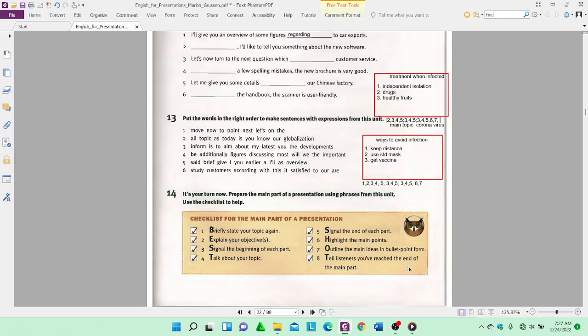Misalnya ya. Semacam closing lah, ya. So that's all for treatment when my presentation misalnya ya, tentang main partnya sudah selesai, tinggal closing lagi seperti itu. Bisa kita bilang I think I have covered all about treatment when infected, atau kalau ini ada judul besarnya lagi bisa juga I have covered all about phenomena of COVID, atau ini ya, coronavirus, karena topik besar coronavirus. I think I have covered all about coronavirus.